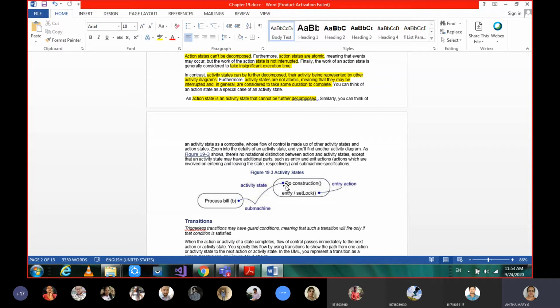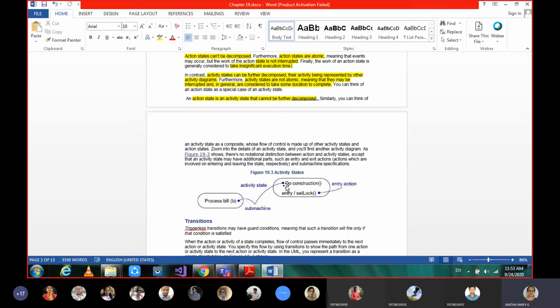Atomic means it cannot be decomposed, whereas an activity can be decomposed, meaning it can be divided into subparts. An action may not be interrupted, since it happens in a short span of time. No interruptions are allowed there, whereas an activity takes a long duration, so if anything is needed to accomplish its purpose, even interaction can be allowed. That is the main difference between activity and action states.